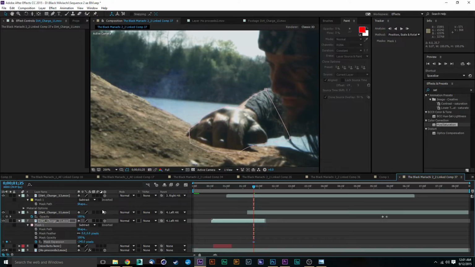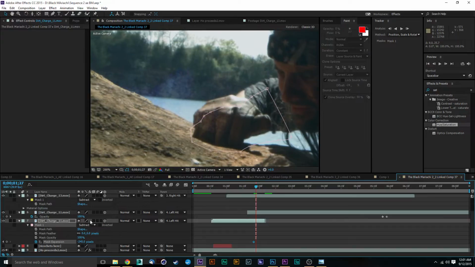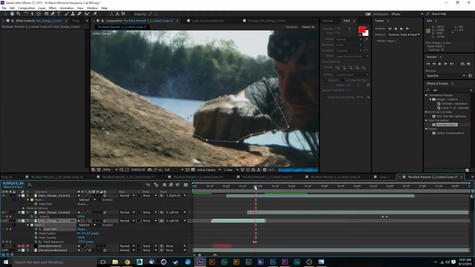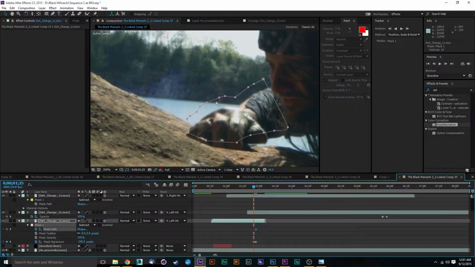Okay, so we're going to go through negative expansion, and then I'm going to go ahead 2 frames, and I'm going to bring it up to 0. That's going to give the effect as if this guy's hand is going through a thing, and I just did this completely all wrong because I forgot to hit my path. So make sure your mask path is set there too,